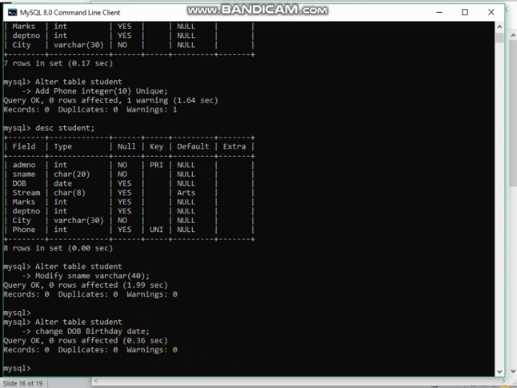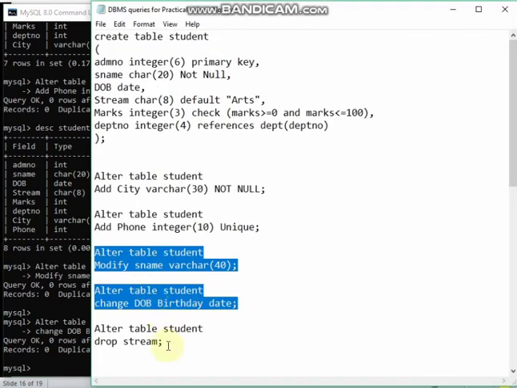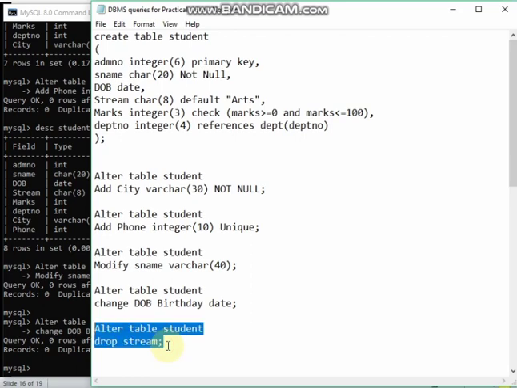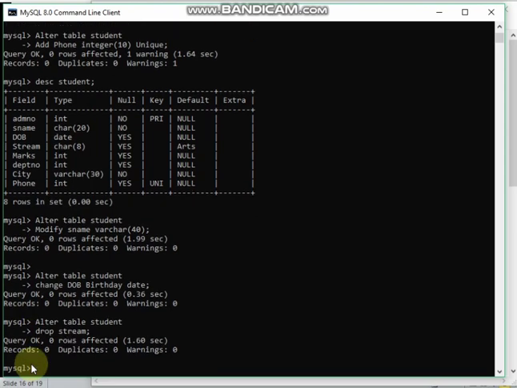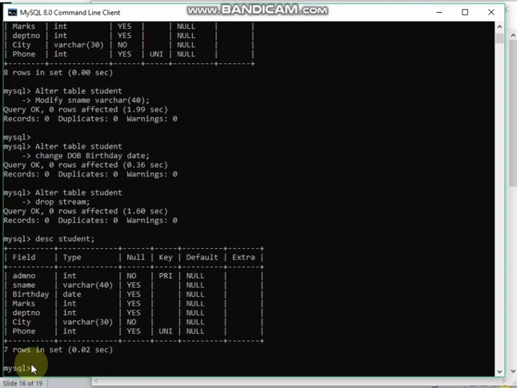So now let us see whether the third one will run or not. This is the third query for dropping a particular column. Let us see whether these changes are there or not. Yes, the stream column has been dropped, and the DOB column has been renamed with the name birthday.